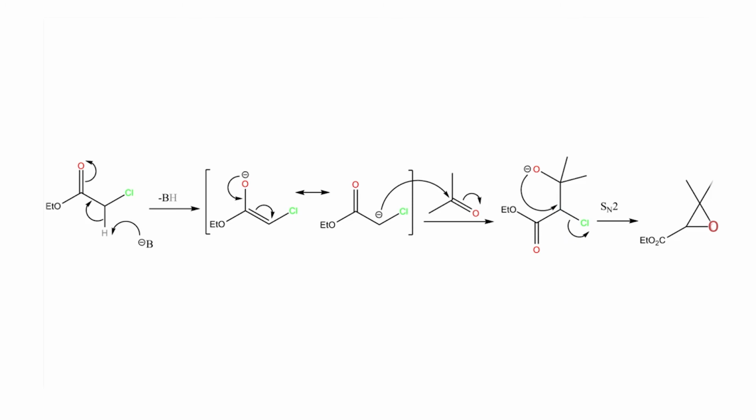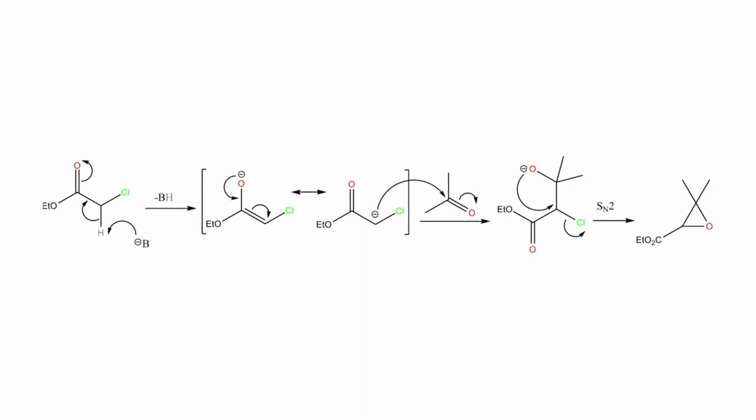So this is one of the interesting ways to actually produce an epoxide, and that sort of gives us a method for epoxidation of reactions. And as you can see here, there is no olefin here. So you're starting this reaction with a keto or with an ester, and you're producing this epoxide as the product. So this is called the Darzens reaction.